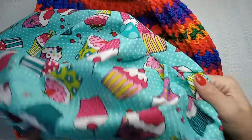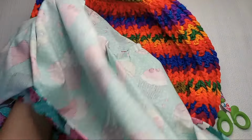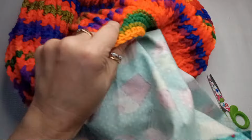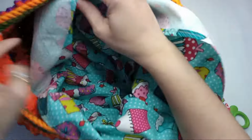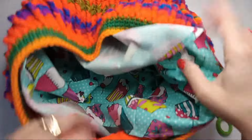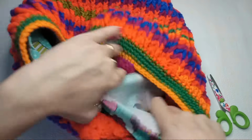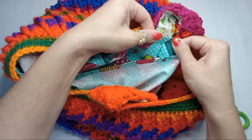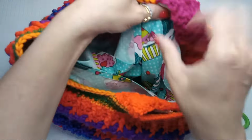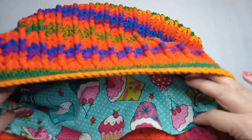So now that we have the nice side that we want to be visible, we're still going to flip it over to the wrong side, and then we'll put it inside our bag because we want that side to be the pretty side in. Okay, so you find that raw edge here and you keep that edge over here by your straps or a little bit to the side, but in order to keep it nice and consistent. So now we can